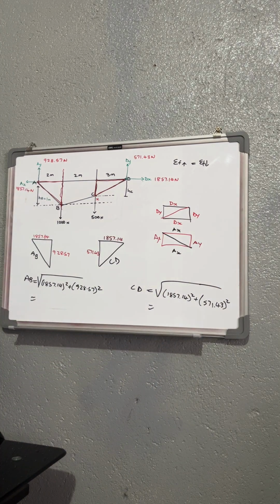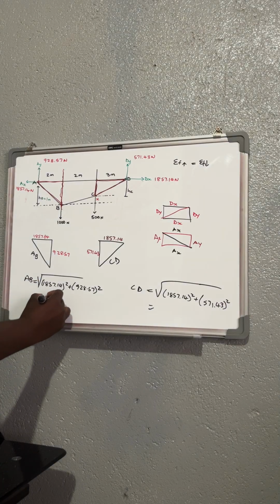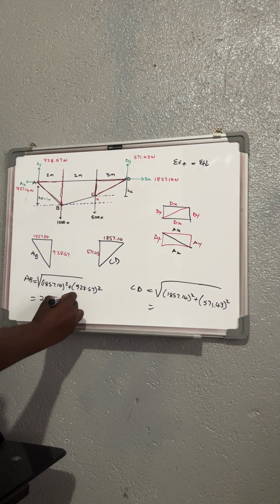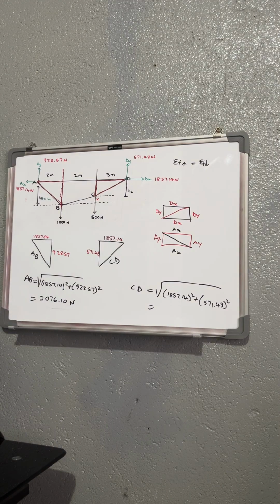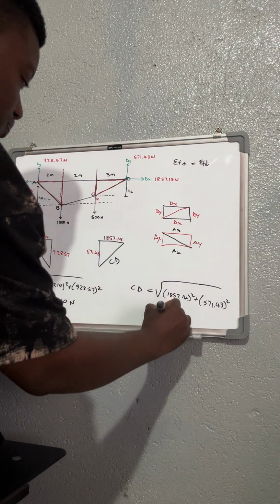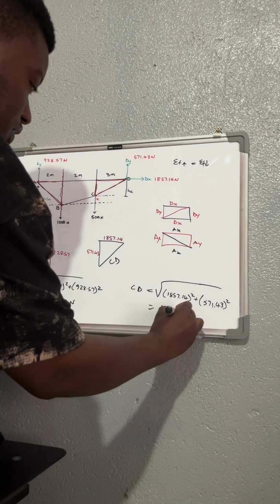And you have to find for each and every of those. Therefore, for your AB gives you your 2076.10 Newton. Then your CD gives you your 1943.9